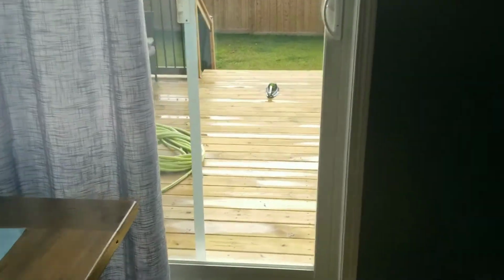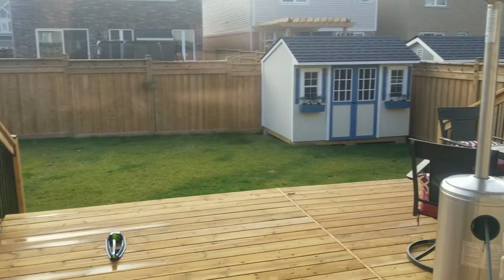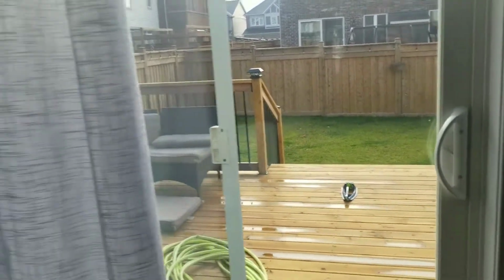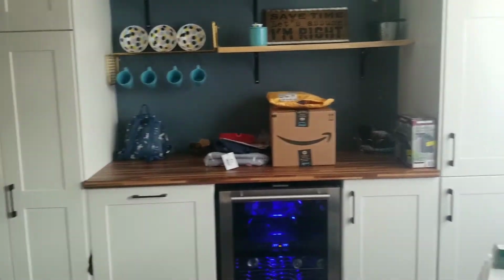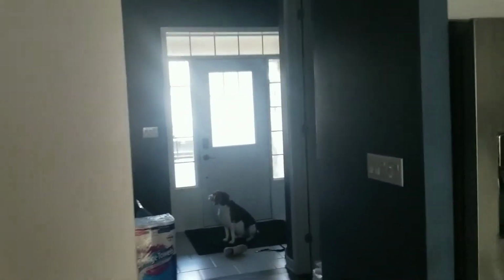We built this back deck. We built that shed in the corner. We built the fence. We did all that. We installed these countertops. We built all this, installed the fridge, changed all these lights. Every single light fixture in this house was changed. Yeah, this is just the main floor. I'll show you the basement and the upstairs after, but right now, we're on the way to U-Haul to go